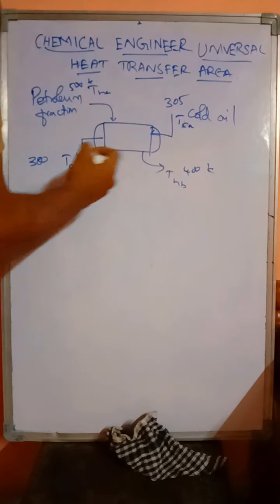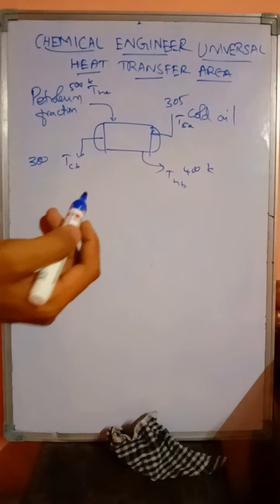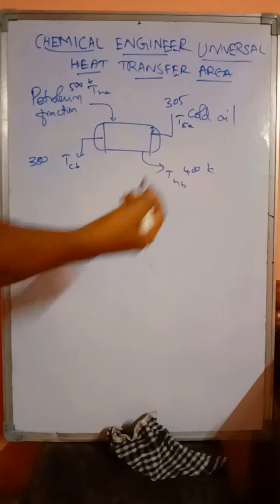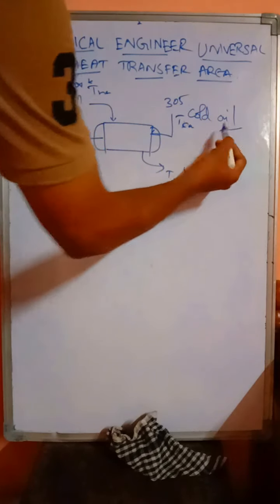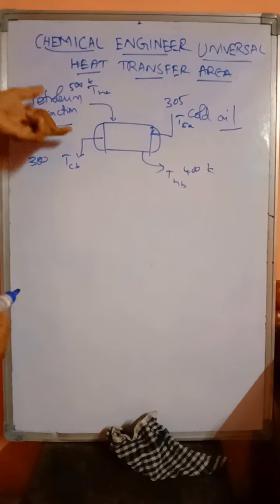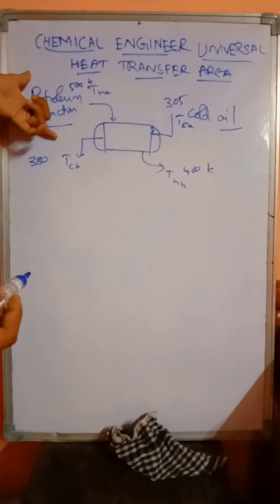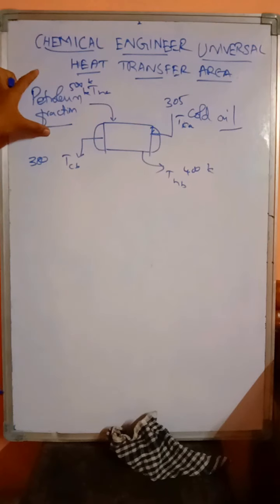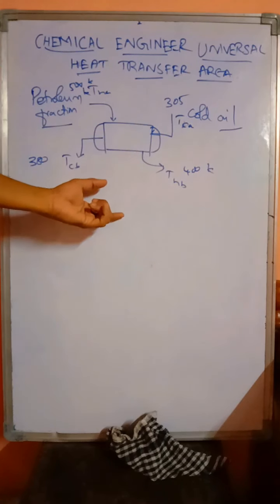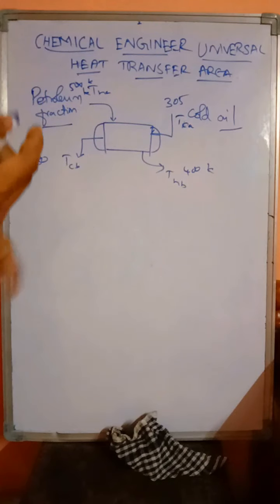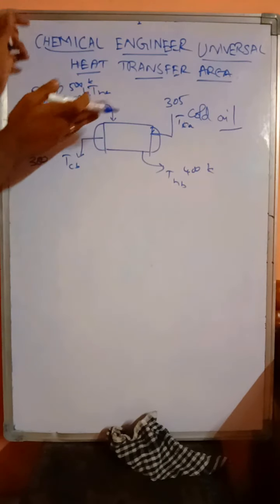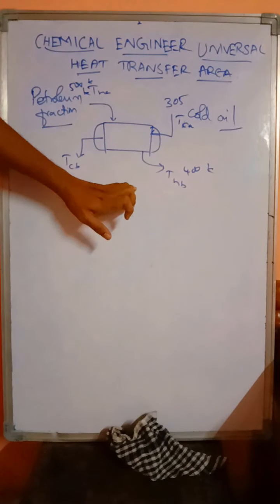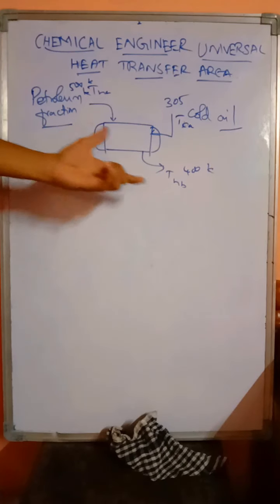Generally we know about shell and tube exchangers and double pipe heat exchangers. Now we are going to take a model of shell and tube. We can take it simply. We have two fluids, cold oil and a petroleum fraction. The hot petroleum fraction is at a temperature of about 500 Kelvin. This energy we are going to use to heat the cold oil, which is going for some other purpose, or some other reactors, right? So we are transferring that energy to the cold oil. For this purpose, what is the heat transfer area required to gain that energy?